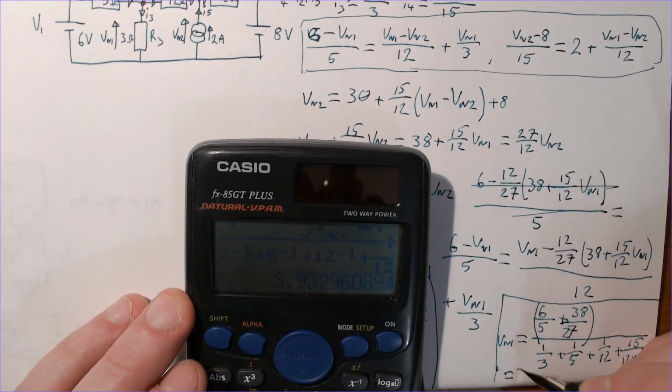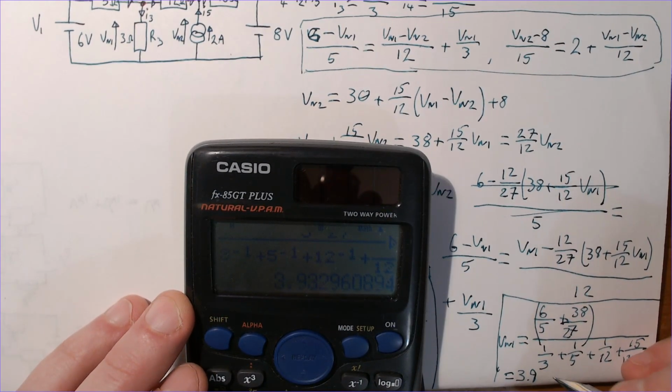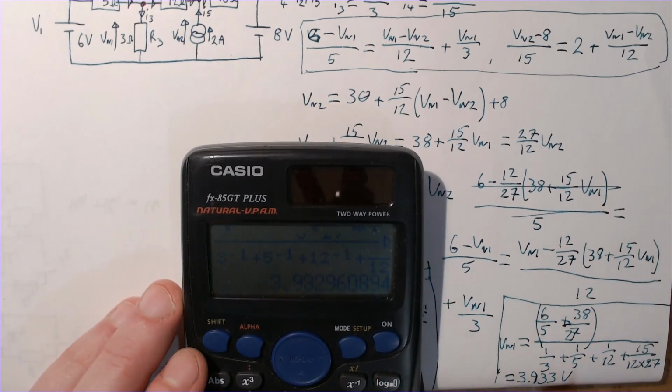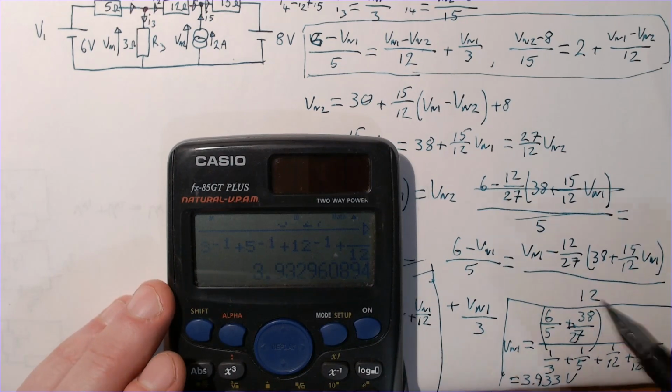Equals 3.933 volts. So once we've found that, we can find I3, because,